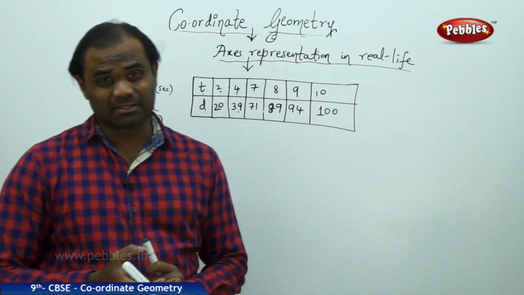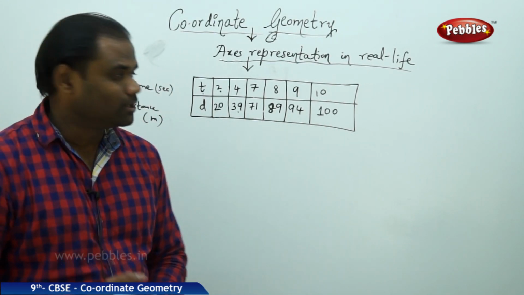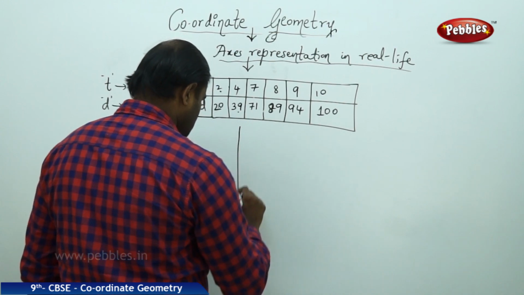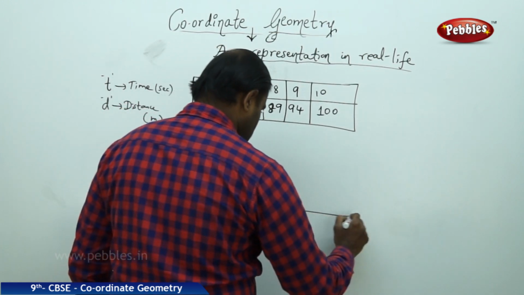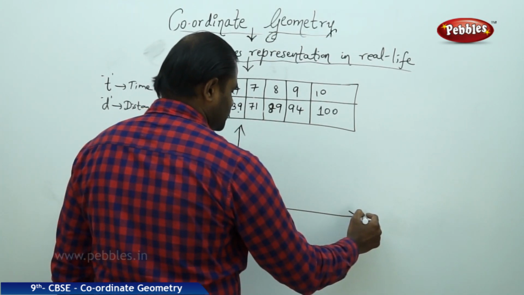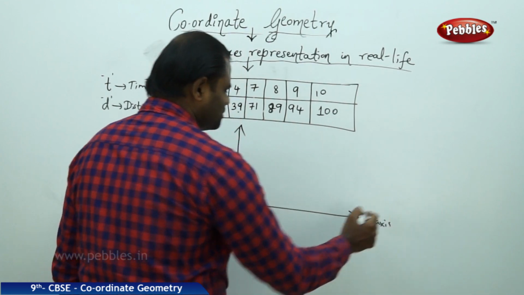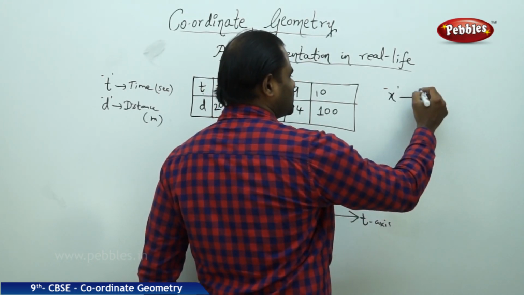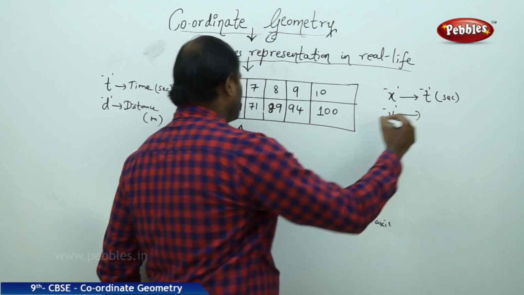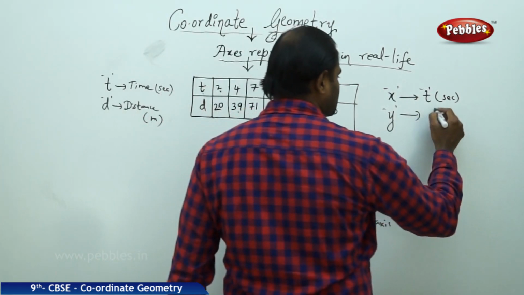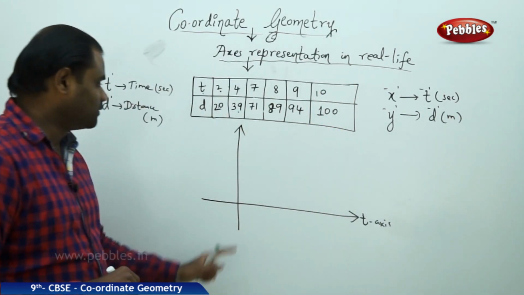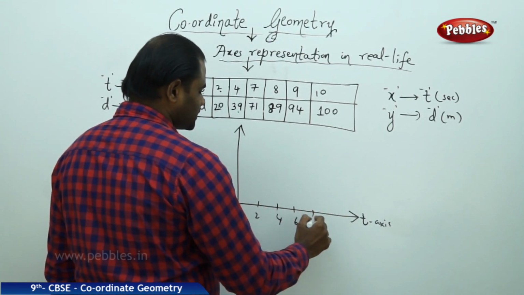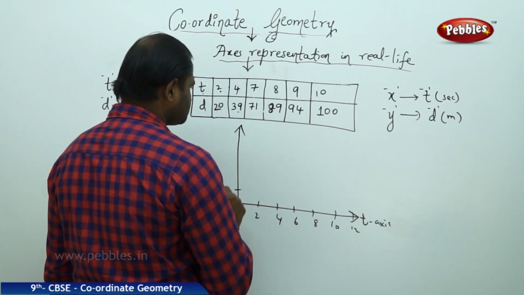How do you convert this into axis is the biggest question out here. In order to convert this into axis, we try to take the x-axis always, this is called t-axis because x-axis is now represented by the variable t. Your x is now the time in seconds and your y is now the distance in meters. So I have here the time which I'm going to denote with 2, 4, 6, 8, 10, 12,